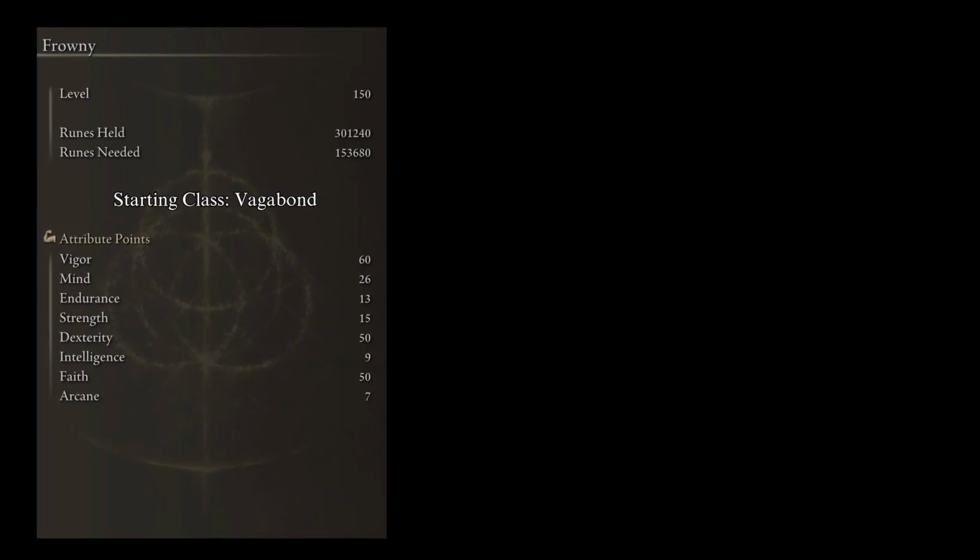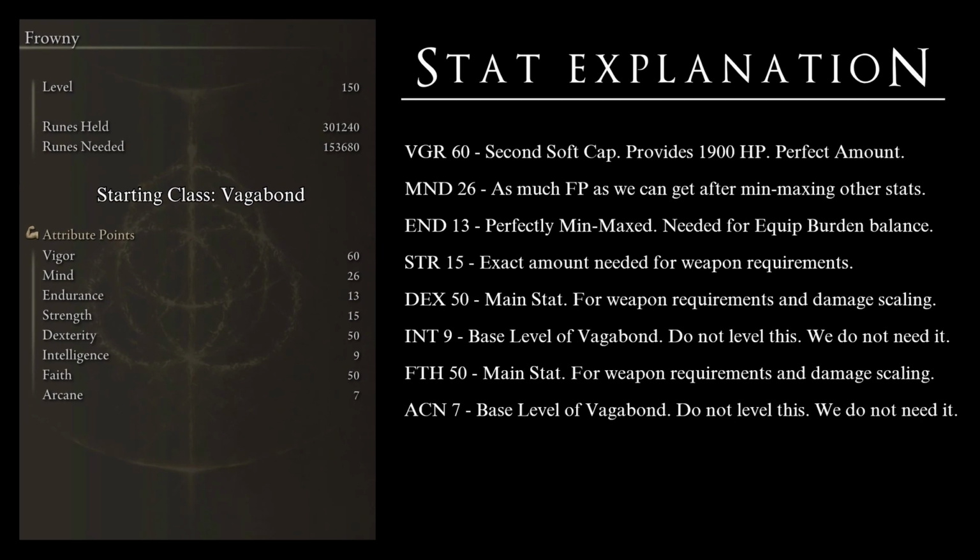Allow me to explain. Vigor at 60 because I believe it is the perfect amount of health to survive the hardest hitting attacks of PvE. This will give us a total of 1900 base HP. It is the second cap for the stat. Going any higher really diminishes your returns, and honestly, I would never go any lower. Remember that in this build I used the Crimson Hood, so our Vigor is 59 plus 1 from the armor